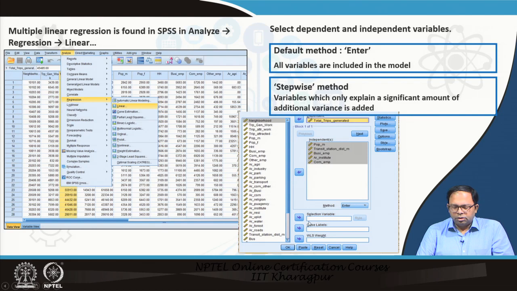We also need to choose the method. The default method is Enter, that means all variables should be included in the model, and then we can also choose the Stepwise method, where only variables which explain a significant amount of additional variance are added. So, we choose that one.